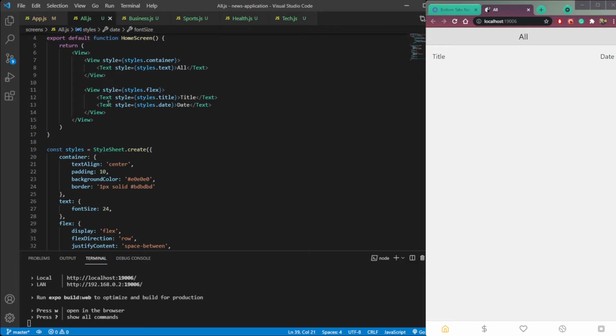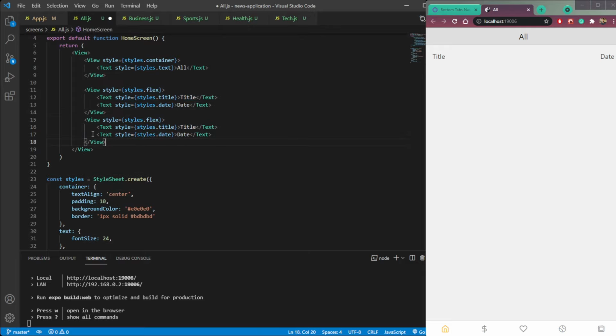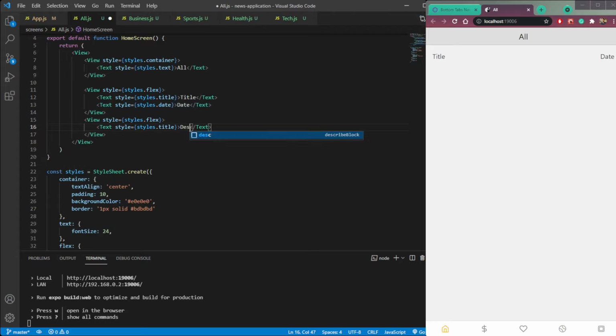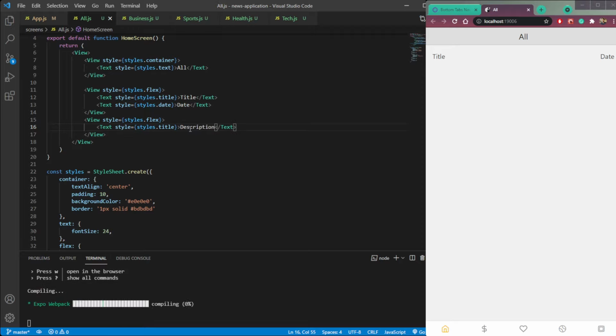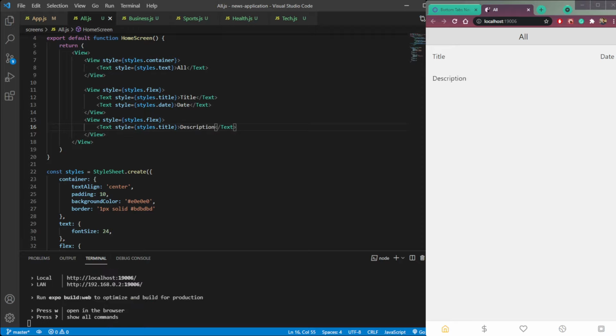Now let's add the description. So create one more view, and we need just one text, and make it description. So we have title, date and description.